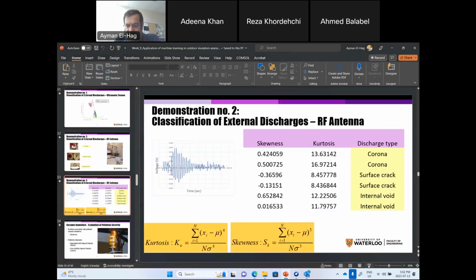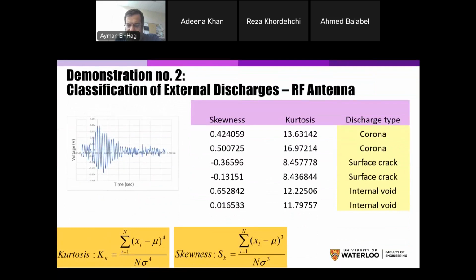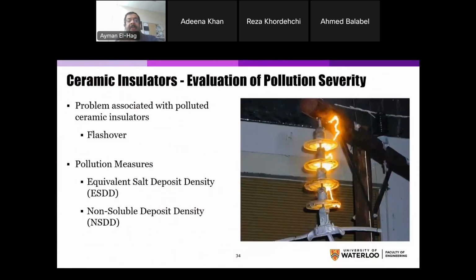Okay, so here it is. The third problem I'd like to talk about is about the pollution severity. When you have polluted insulators, especially when you are working early morning, there's no rain, and this pollutant